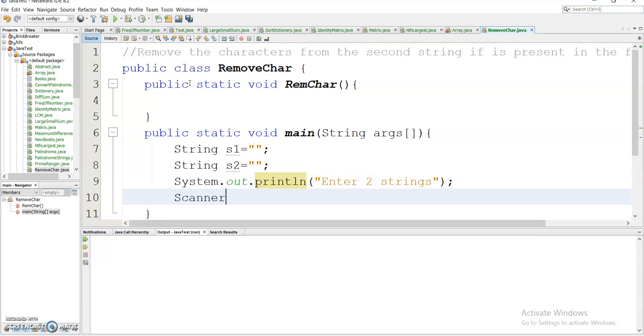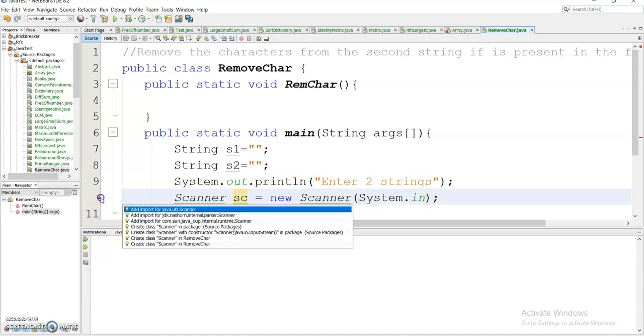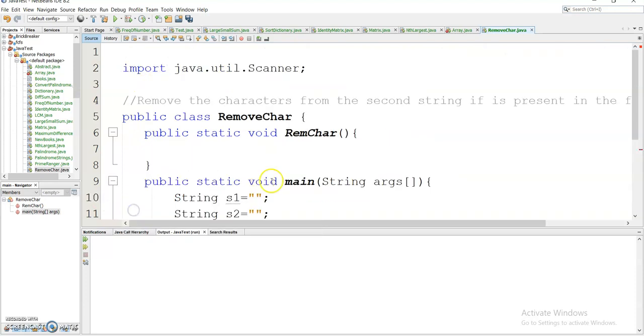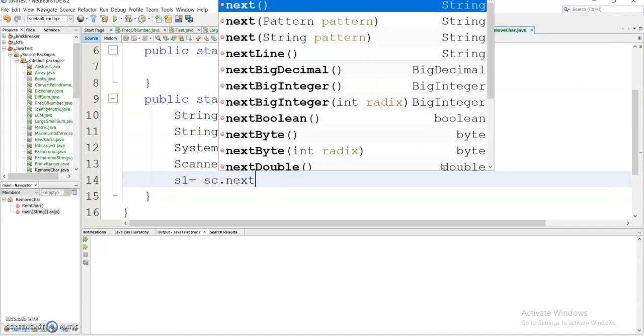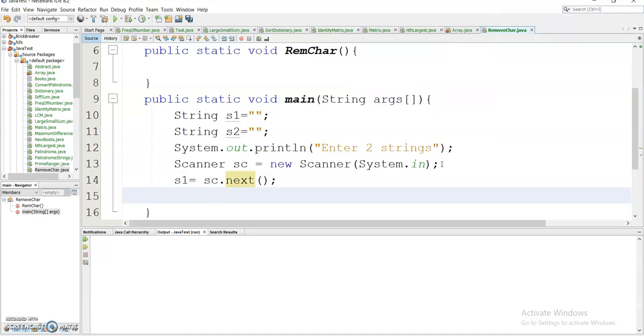So Scanner sc is equal to new Scanner(System.in). And now first I will import this Scanner class, import java.util.Scanner, and now I will take the input in the s1 and s2 strings respectively.